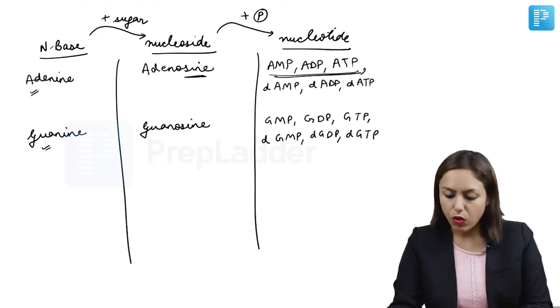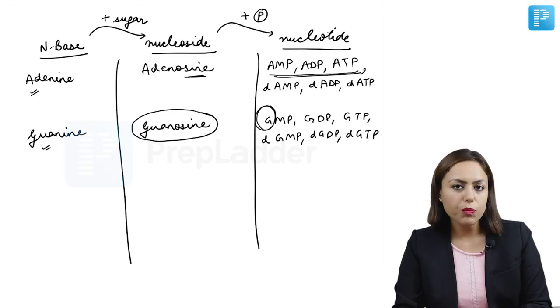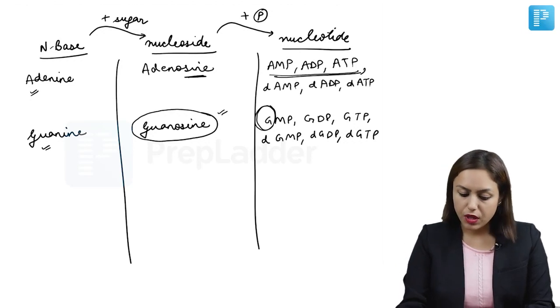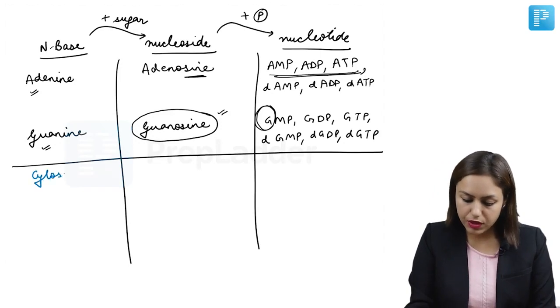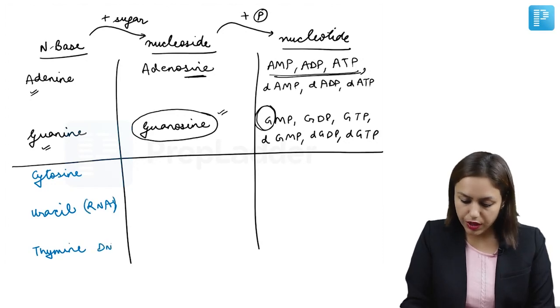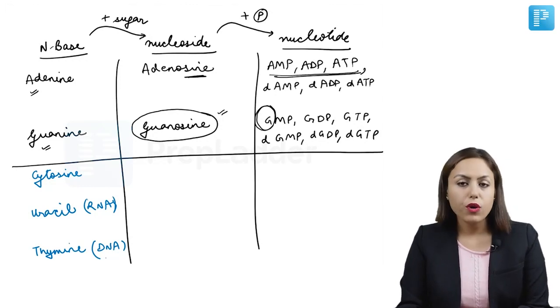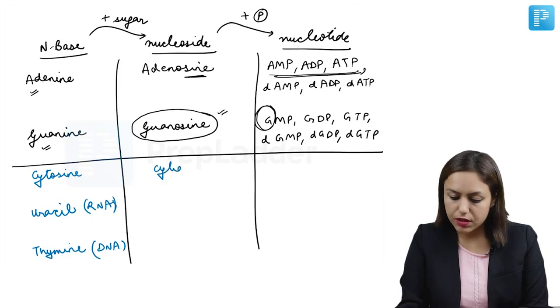Now, always for the full form of a nucleotide, use the name of the nucleoside. So GMP will be guanosine monophosphate and not guanine monophosphate. So this was purines. Then there are pyrimidines: cytosine, uracil and thymine. We know that uracil is only in RNA, and thymine is only in DNA. Now, for the nucleosides of pyrimidines, write 'dine' at the end. It is cytidine, uridine,